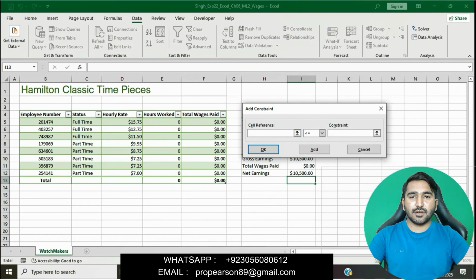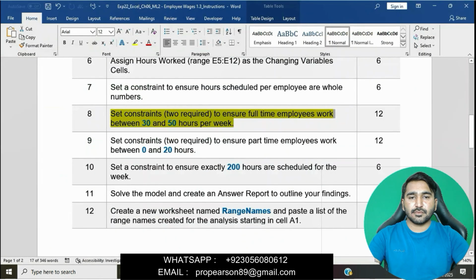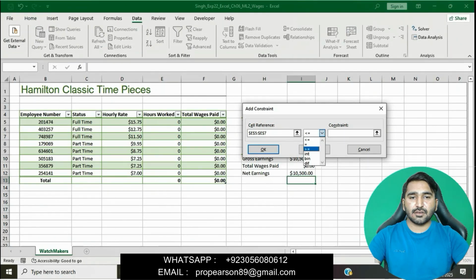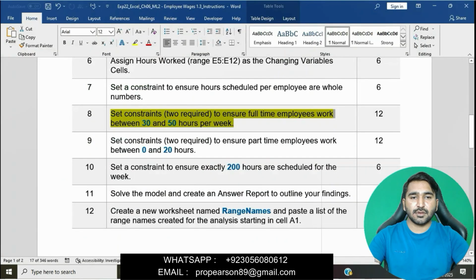And then click on add, then add the constraint. Then click on add and then we will set the constraint 30 and 50 hours per week.